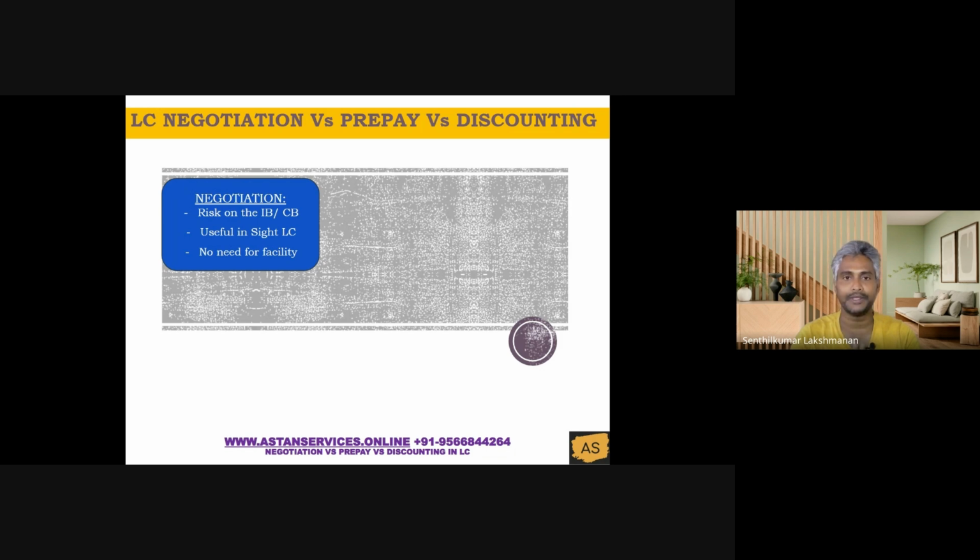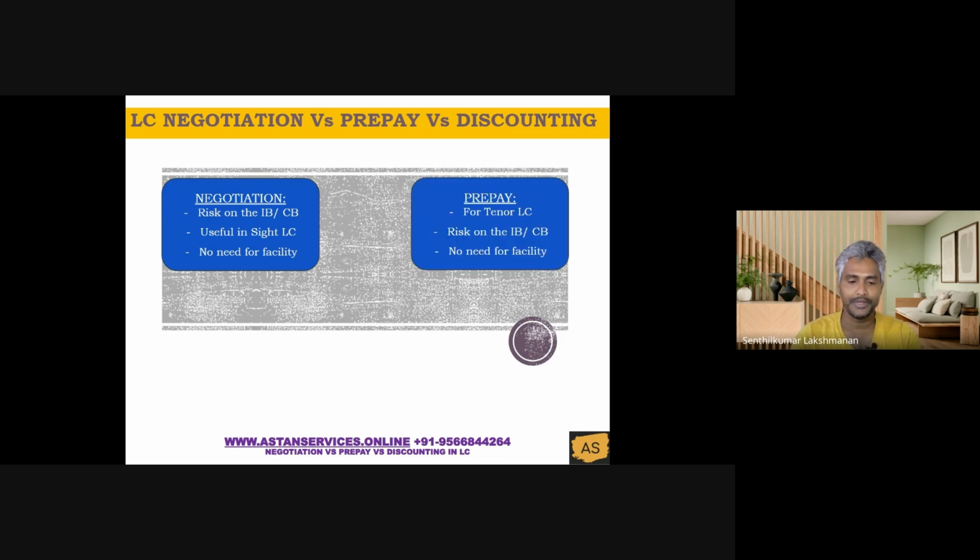Now let's go to prepay. Prepay is again a definition given under UCP 600, where they say that even if the LC is not issued under negotiation, and this is just a honor LC where the LC is available by acceptance or a deferred payment undertaking, as a nominated bank, if you have accepted or given an undertaking at any point of time, you can prepay or purchase the documents. You can pay the money upfront, you can claim the interest fee, and the reimbursement will be due on maturity.